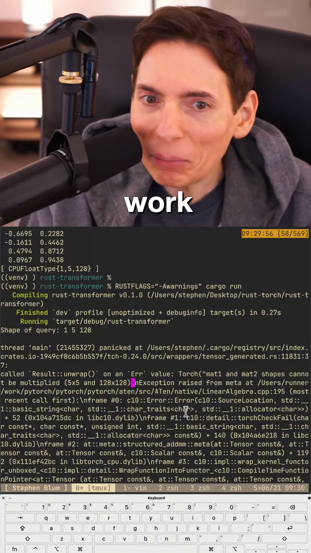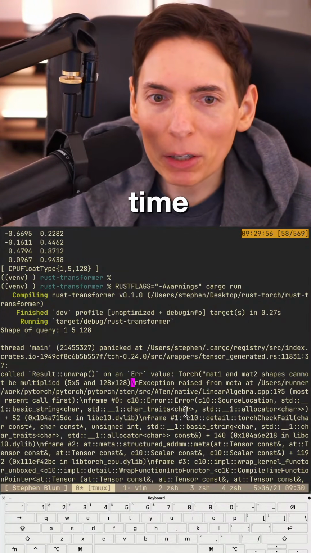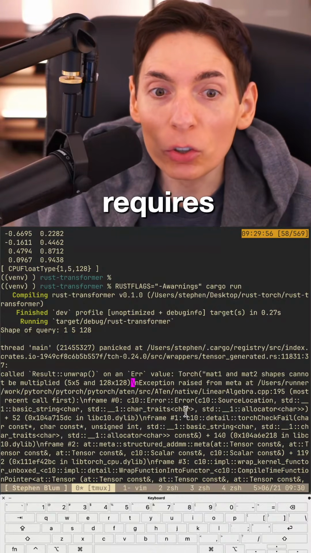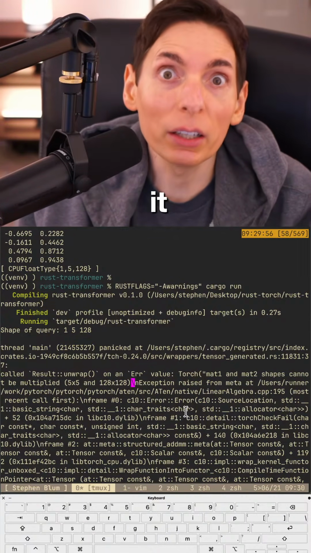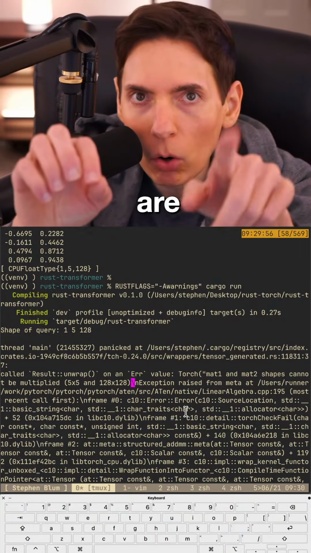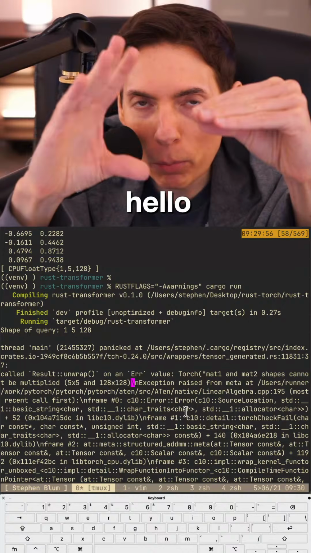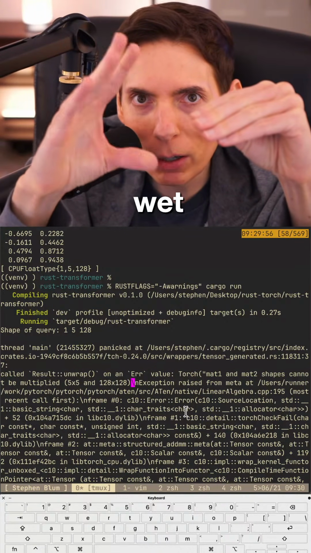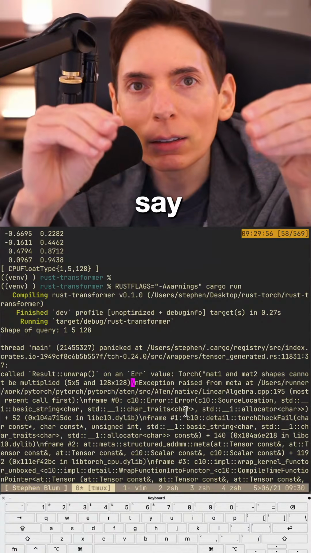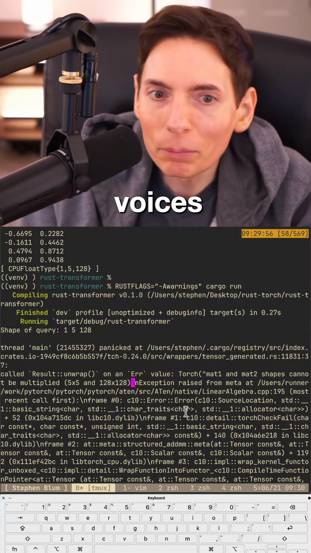They do not work. We have to make an AI which can listen to multiple voices at the same time and respond correctly. Maybe it requires a new kind of background function and logic. Ooh, yes, you can build that. So J-Bro, are you saying having two people talk at the same time? Hello, blah, blah, blah. But then someone's responding, I'm doing perfectly fine, thank you. Hello, well, that's great to hear. Do you say they're talking at the same time, and so you're hearing a mangled mix of voices?